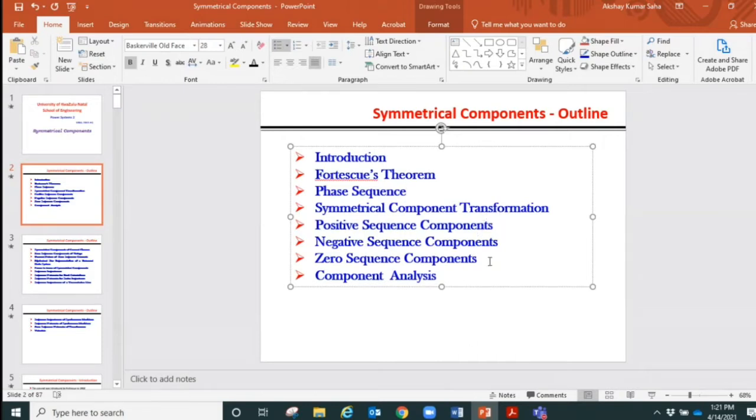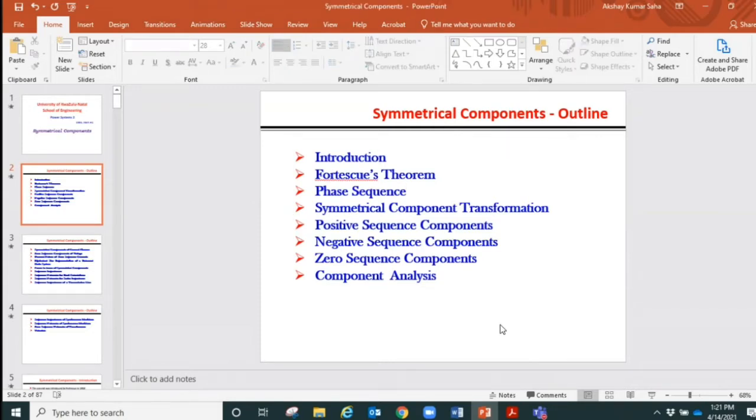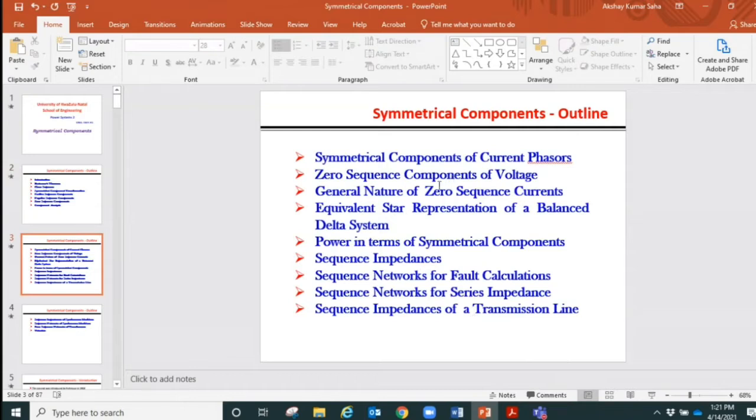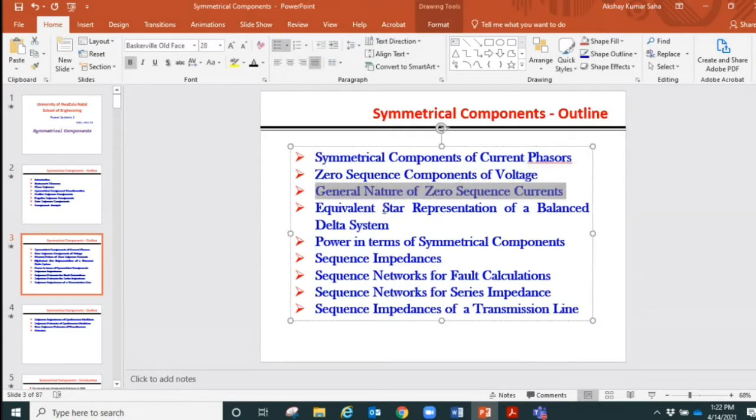And then we will come to various aspects such as symmetrical component transformation. We will come to positive, negative, and zero sequence components. We will come to component analysis and synthesis, and then we will go to the symmetrical components of currents and voltages. Then we will consider the general nature of zero sequence currents for various configurations like star connection, delta connection, and